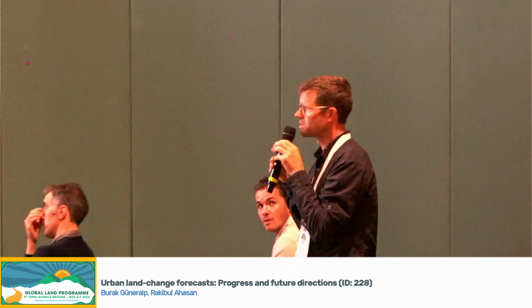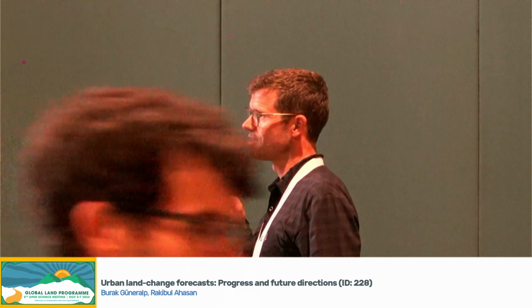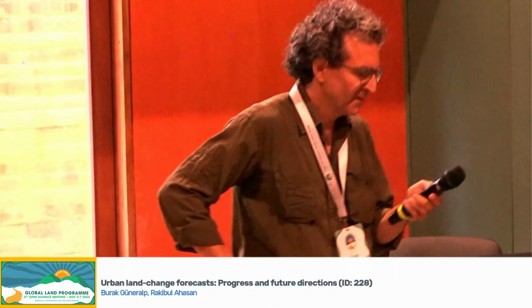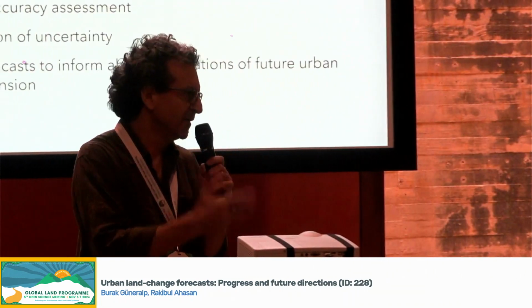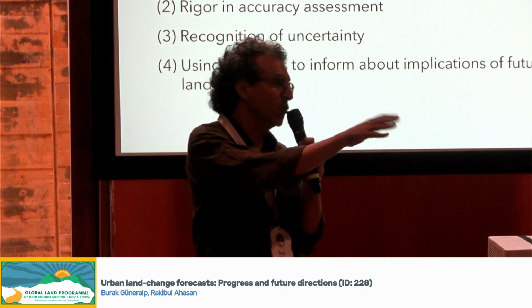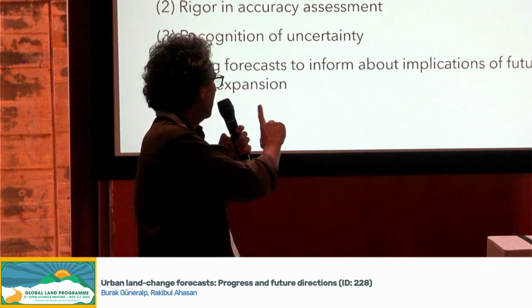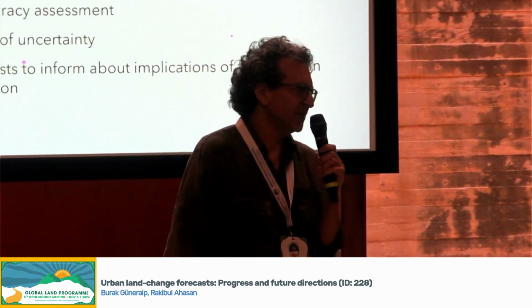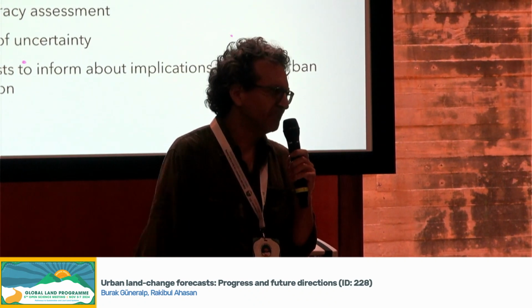It's a question to you directly. When you compare, did you look at spatial resolution of the different models? I guess it will make a big difference. The spatial resolution is typically 30 meters because most of the studies use Landsat, at least the local ones. Most of the regional ones too. The global ones, typically between 300 meters to a kilometer. I don't have the exact breakdown in mind, but that's the general picture.